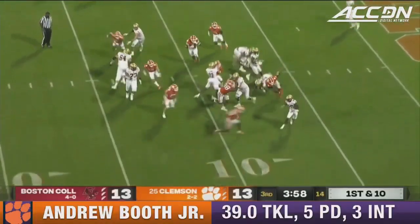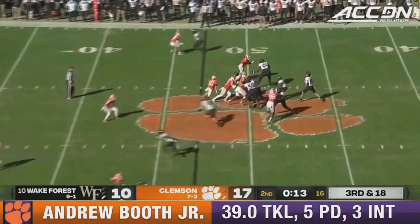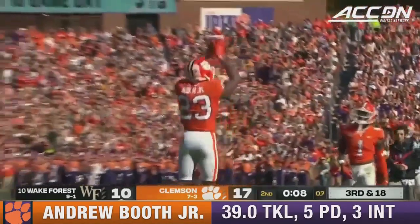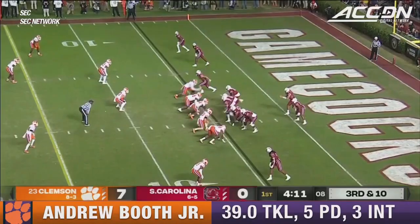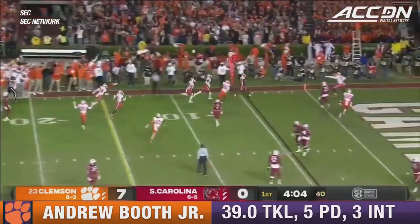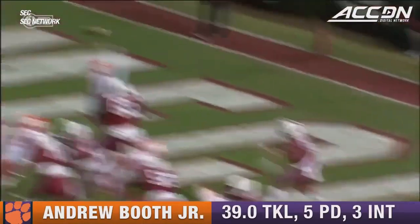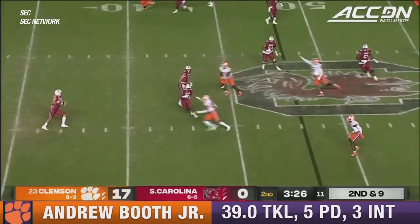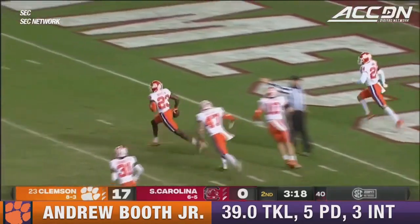1st and 10 for Boston College, thinking monumental upset, but hold the phone for just a minute on the defensive play by Booth. Like that to the boundary. Hartman with time, heaves it, Morin, and was it intercepted? Great play by Booth. I mean, turning around, making a play on the football, just an unbelievable play there. Gets something going on a 3rd and 10 from his own end zone. He throws, and this one is picked off, and this time Booth makes a clean catch. Bell takes it right upfield. Booth comes right out. I think that's exactly what happened. Jaheim Bell runs the wrong route here. Jason Brown. 23, man. Watch this guy. Brown sets his feet, throws the deep ball into double coverage, and it's intercepted at the 1-yard line by the